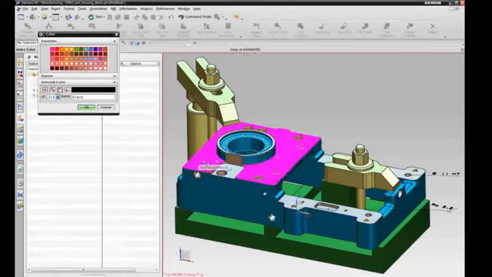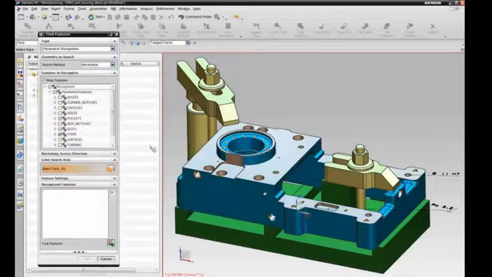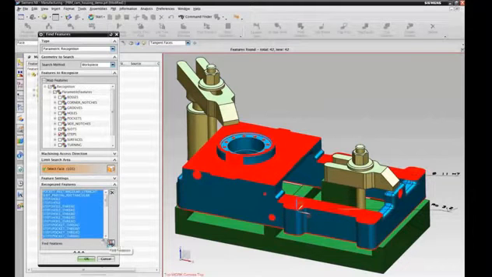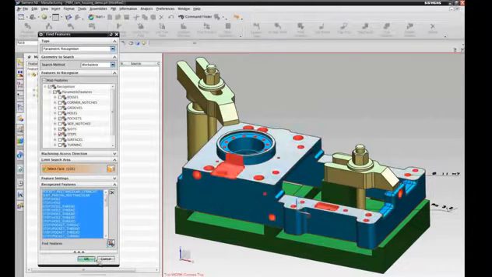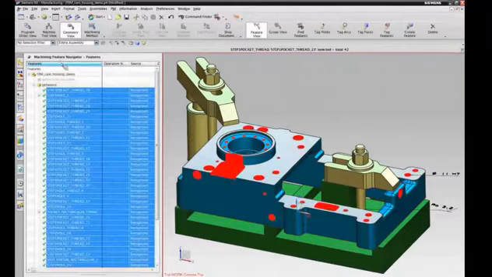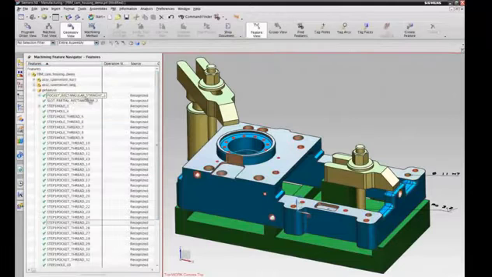I'm going to use a color filter, and I'm basically going to select all the faces of the part that my design department has indicated with a special color that need to be machined. And I'm going to run my recognition on just those 100+ faces. This is where the software is analyzing all the various geometry in the part, and it's coming up with manufacturing features. It's an automatic step, and we're basically finding